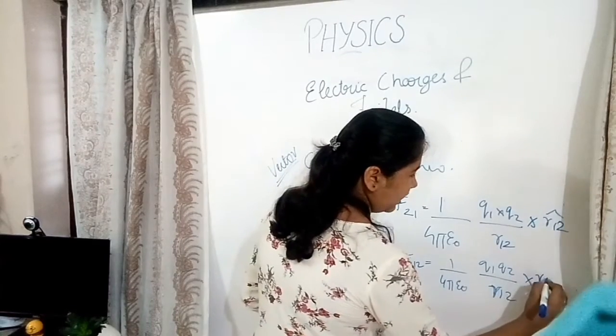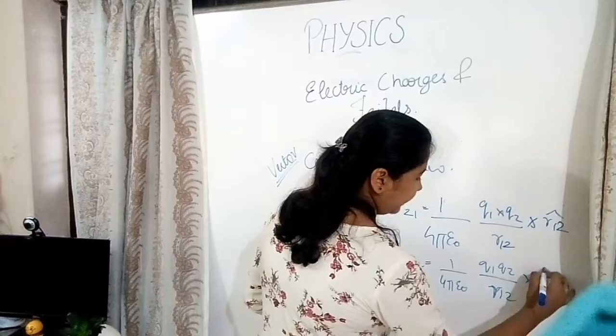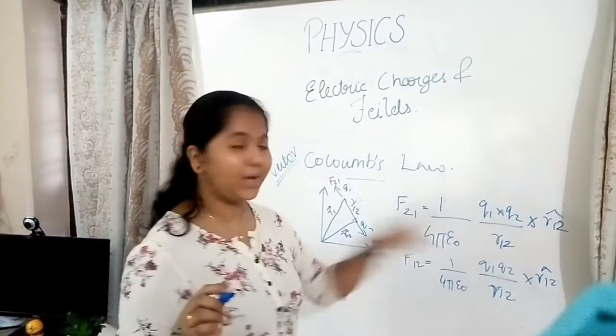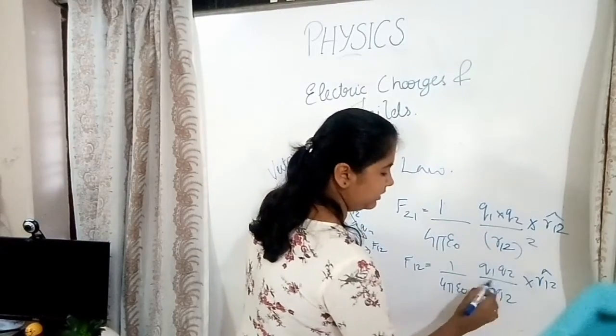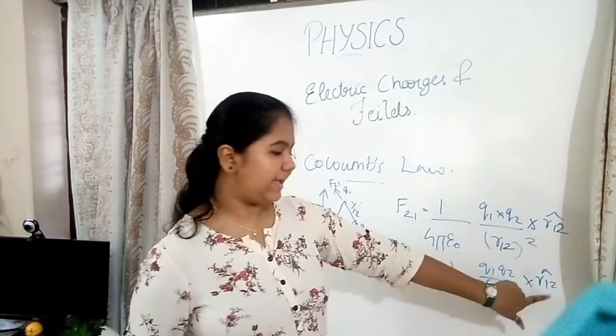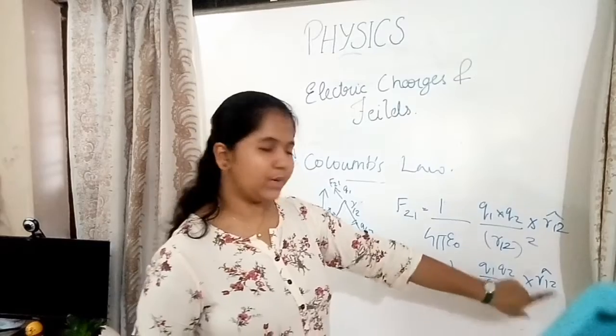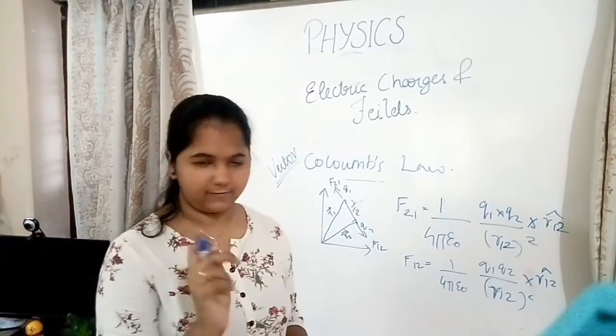Into R12 cap. We learned it is R square. I forgot to mention the R square here. So it's R12 square. Okay. Now we will make this to the vector form. Okay, this is R12 cap. Now we will write it in the vector form. So